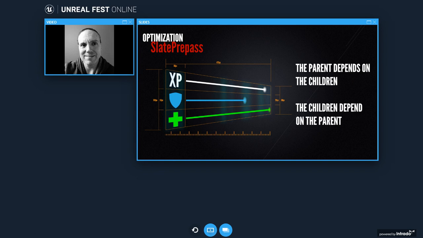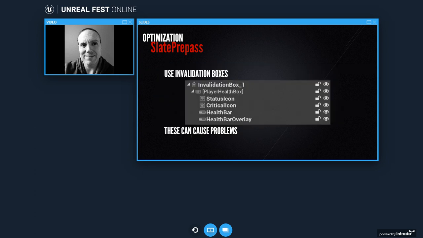So also note that to calculate the geometry of a hidden widget, it will need to calculate the geometry of its children, even though none of them are rendered. Note that Slate Prepass always descends to the leafmost node. Collapsed is the only visibility setting that stops that recursion. So in this case, using collapsed will skip the whole branch of the task graph.